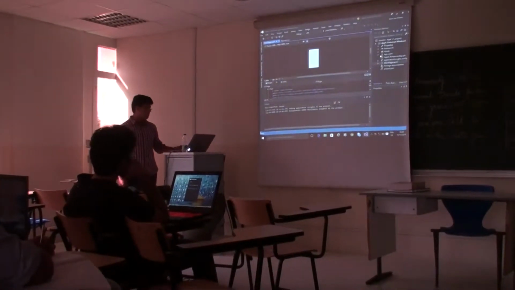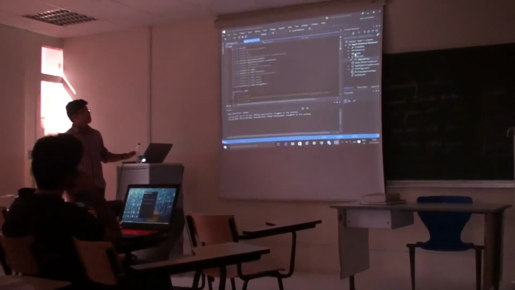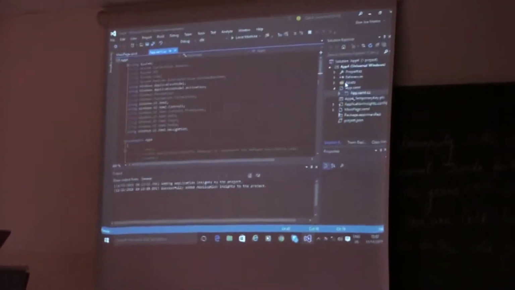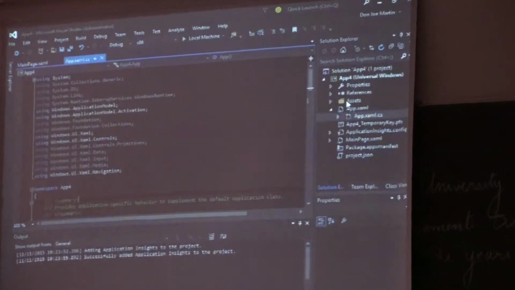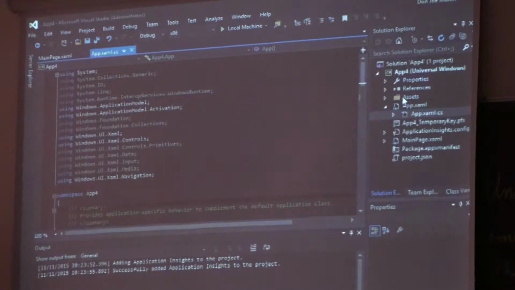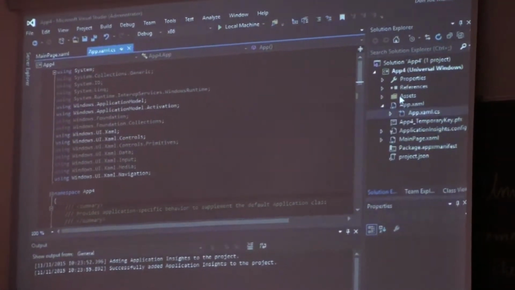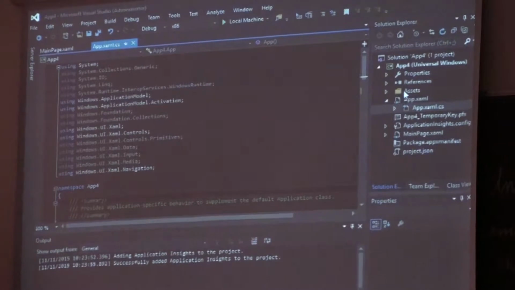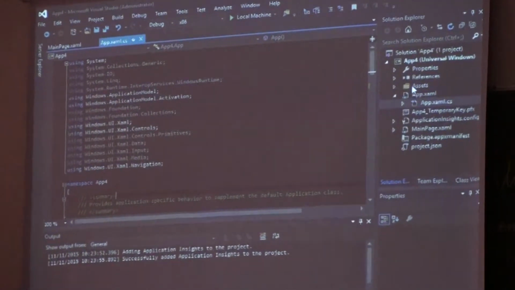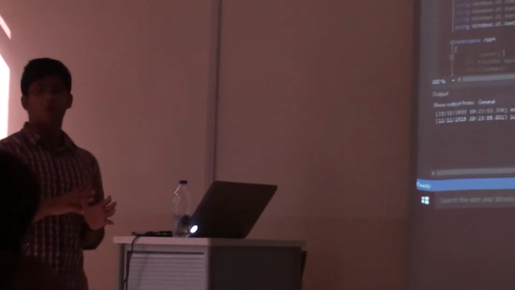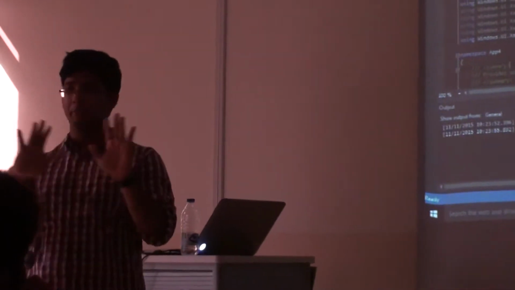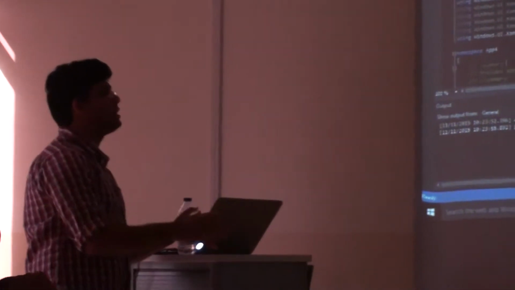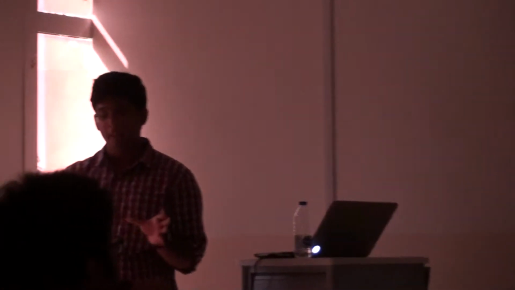App.xaml is basically the first screen that pops up once you open your app. Actually, app.xaml.cs is the screen that pops up first. Now, the reason that app.xaml.cs is the first window that pops up is that it contains the entire amalgamated code of your entire app. The thing is, in an app, you basically have different pages. Each page is a different section. Each page can have a different function.